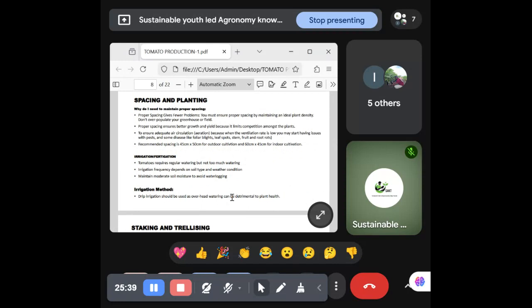So as a farmer, when transplanting, don't get too greedy. Don't become so greedy that you want to force 20,000 stands of tomato in an acre of land. No, don't get too greedy, because an acre is estimated to take between 10,000 and 12,000 seedlings, depending on your spacing. But at least ensure that you give the plant proper spacing to avoid some issues that may arise from